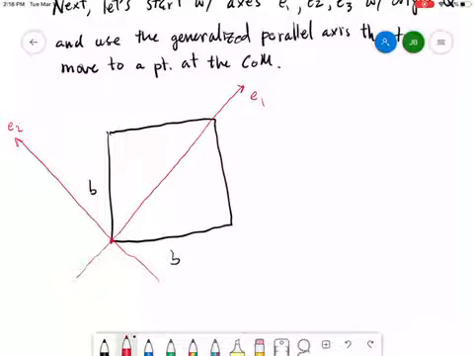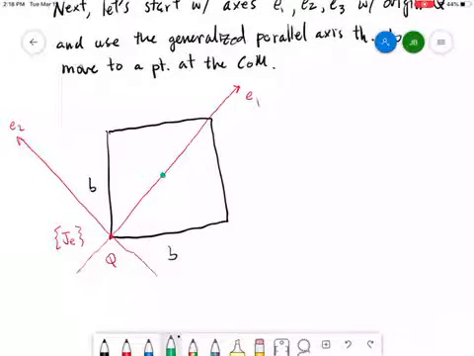Here's our point Q, and we know the inertia tensor for this point and this set of axes. And then we're going to go over to the center of mass here,